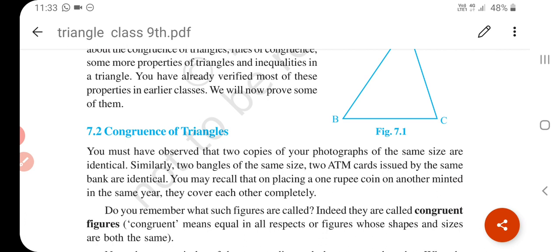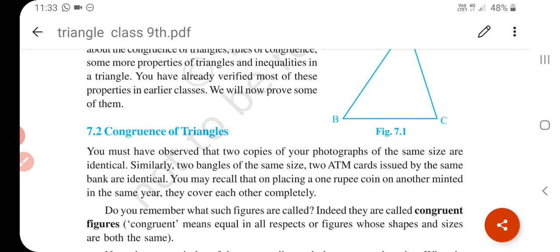Suppose two toys made of the same mold are congruent. Two plane figures are called congruent if and only if they have exactly the same shape and the same size. The relation of two figures being congruent is called congruence. Okay, understand what is congruence?